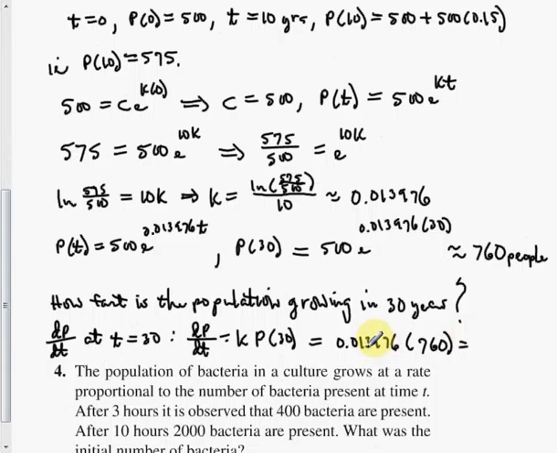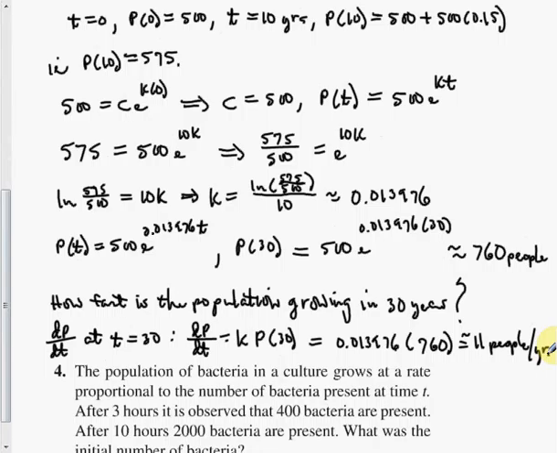So it's like 10.6 something, so they're talking about just people, so we're going to just say 11 people per year is how the rate is growing. So it's about 11 people per year,